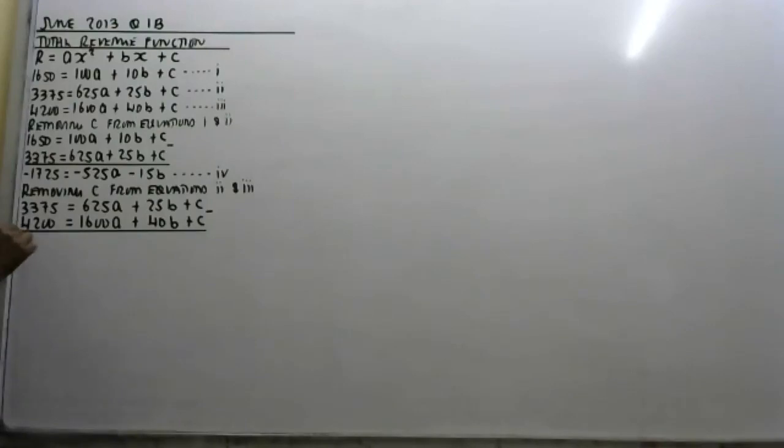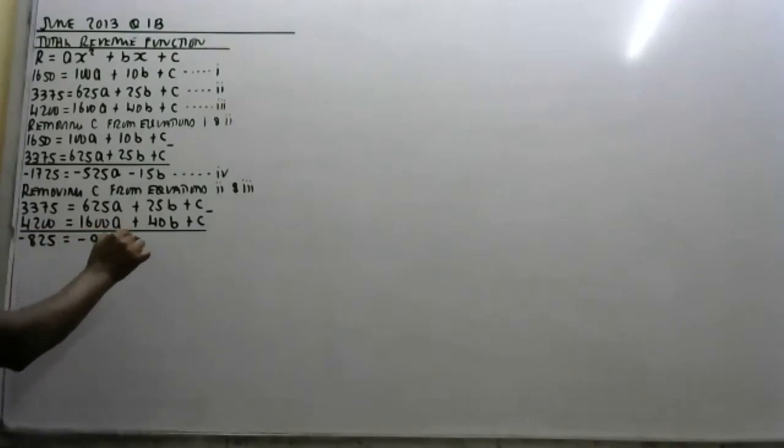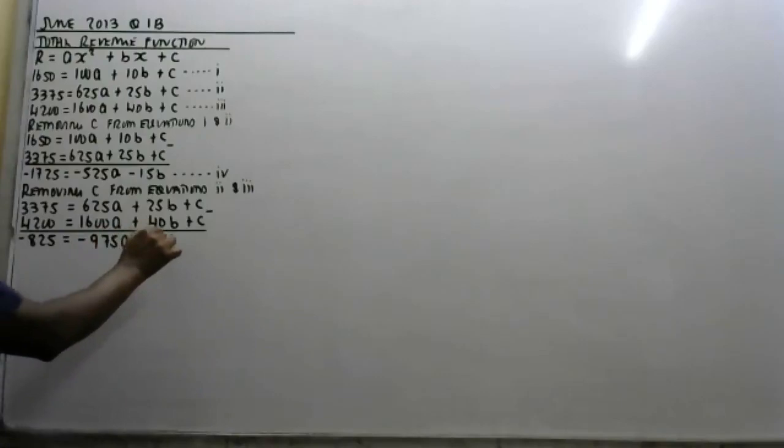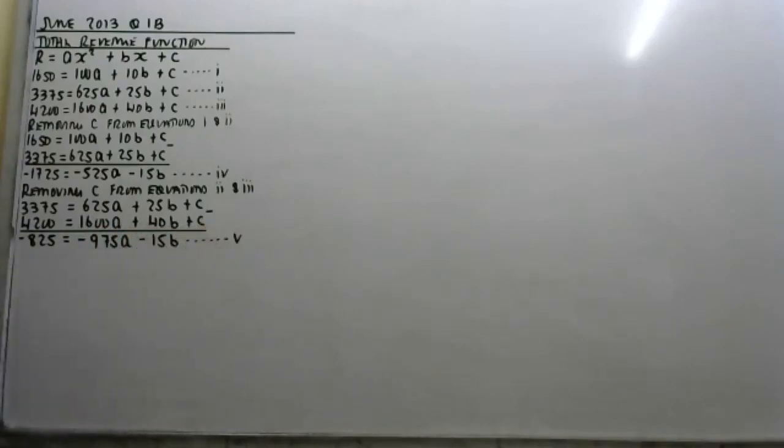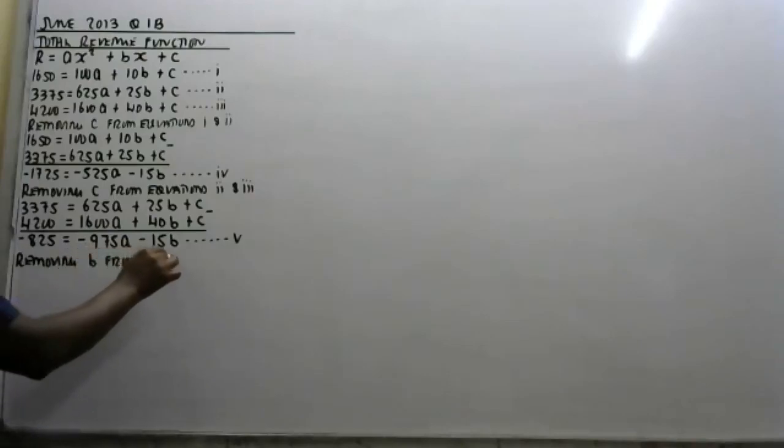Negative 825. This other one is negative 975A. And this one is negative 15B. So this is equation number 5. Then from there you say removing B from equations